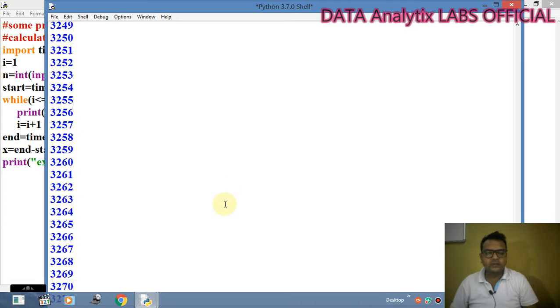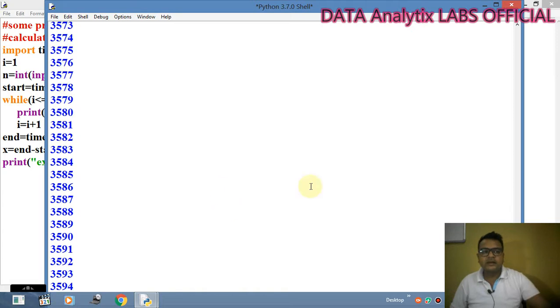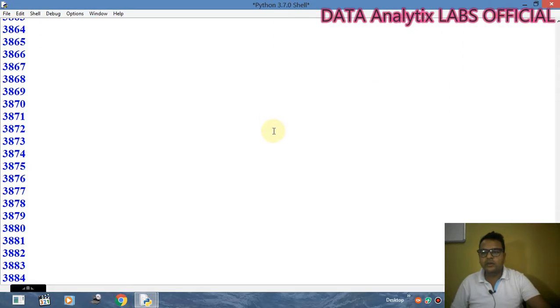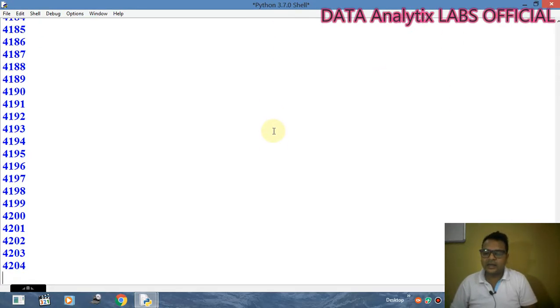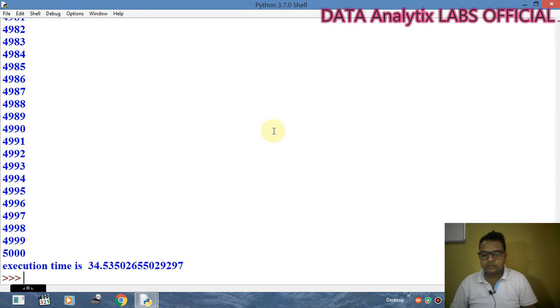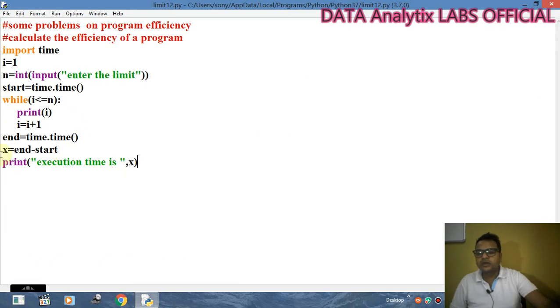This loop works from i equals 1 and prints all the values up to n, and n is 5000. Yes, that was my expectation, there is a little variation, but approximately 34.5 seconds it has taken to print the values. Clear? So this is the first program showing how we check the execution time of a program.